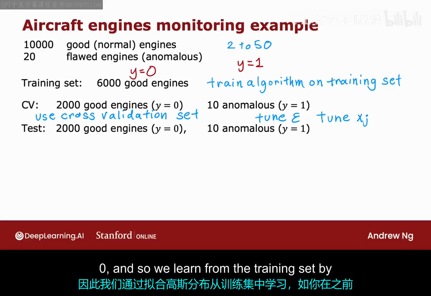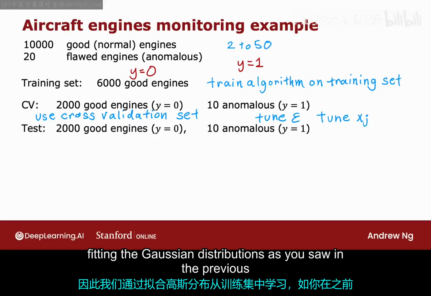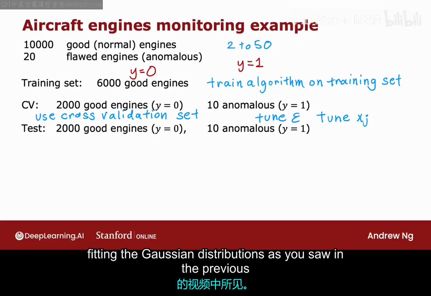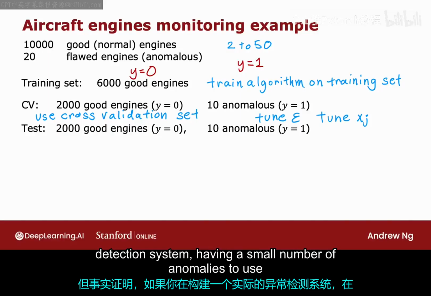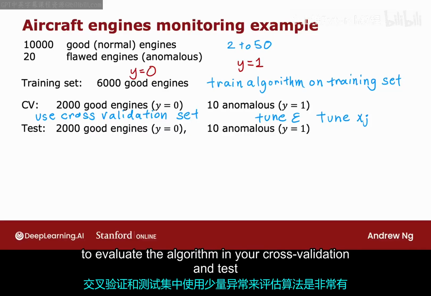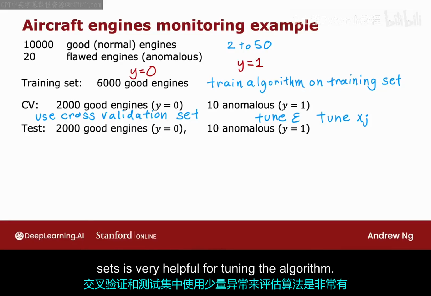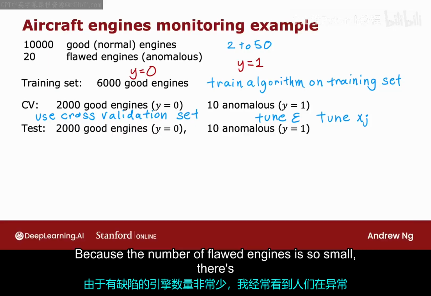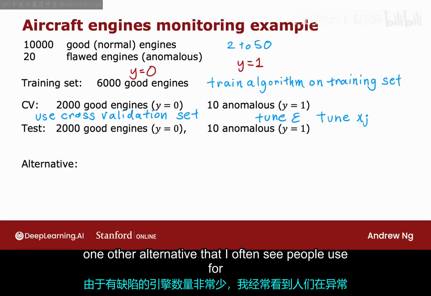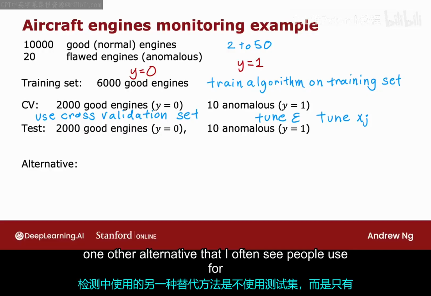And so we learn from the training set by fitting the Gaussian distributions as you saw in the previous video. But it turns out if you're building a practical anomaly detection system, having a small number of anomalies to use to evaluate the algorithm in your cross-validation and test sets is very helpful for tuning the algorithm. Because the number of flawed engines is so small, there's one other alternative that I often see people use for